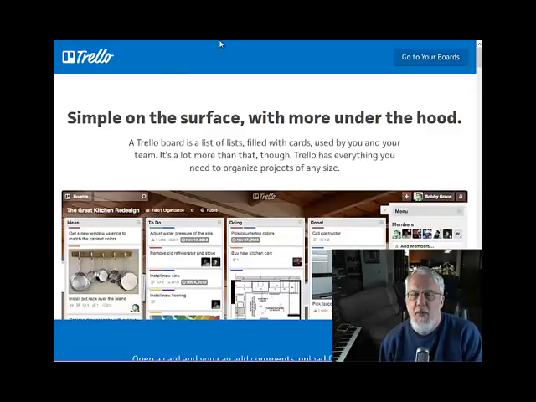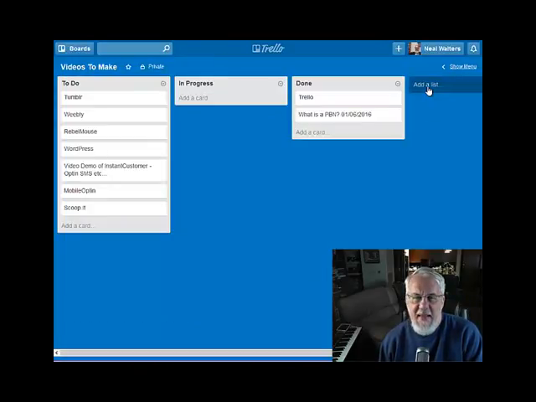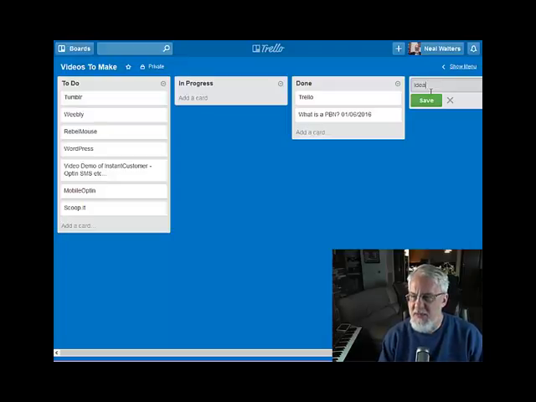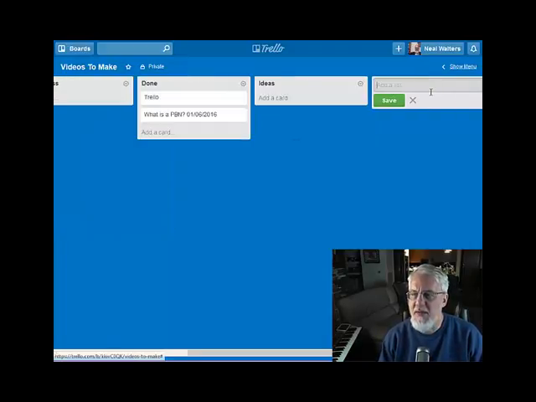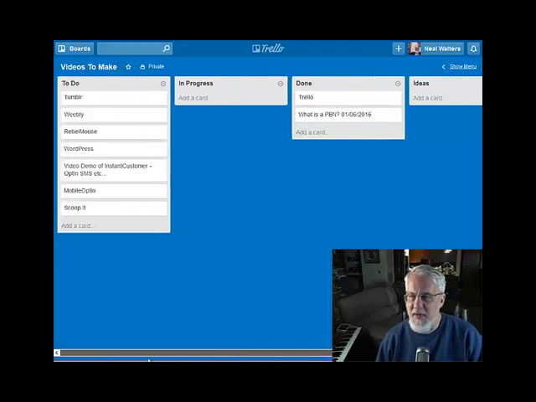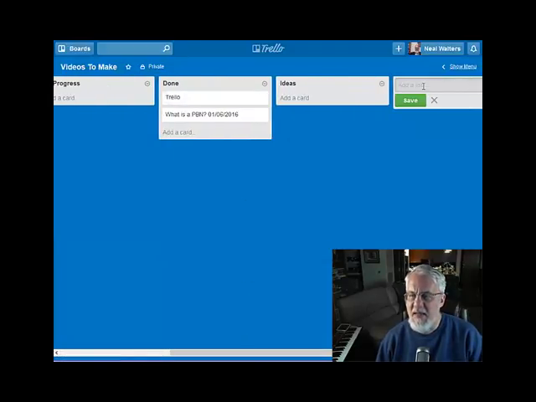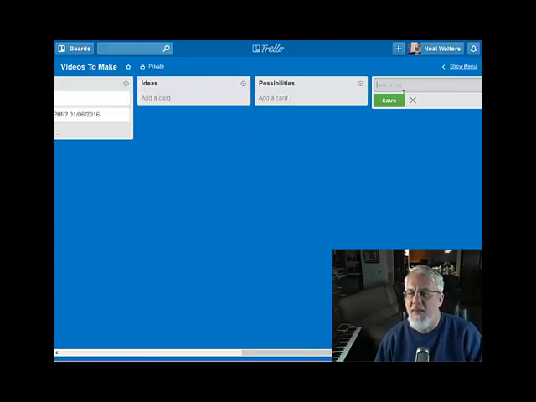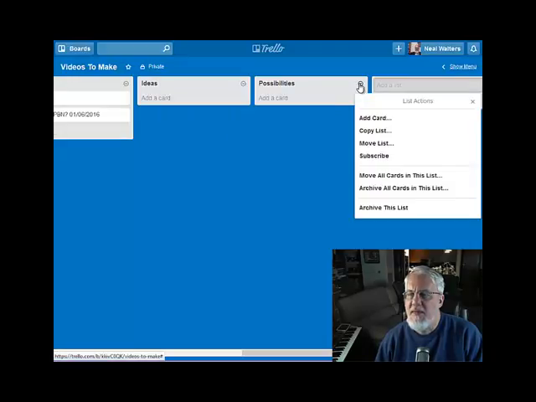So let's go back to my board and see over here it says add a list. So maybe I want to have ideas or just things I'm thinking about. So I'm creating a new list. And now it's a little too wide for the screen. So here's my idea list. And I could even add another list called possibilities or something like that. And then of course, if you want to get rid of your list,